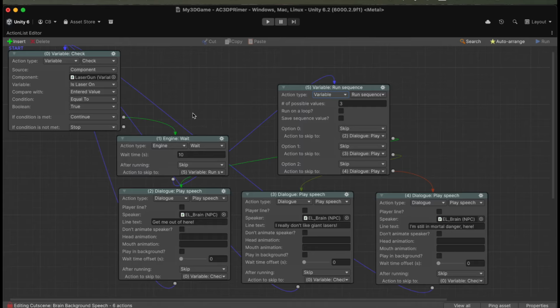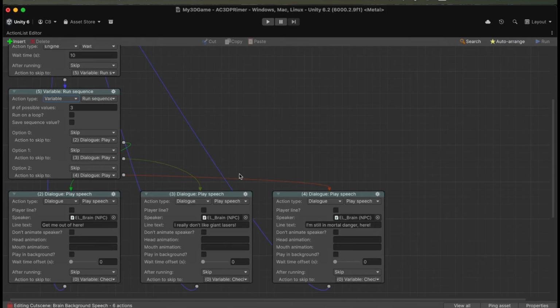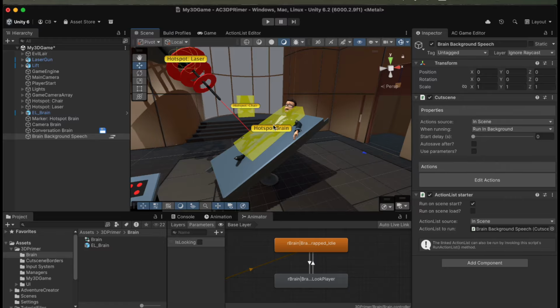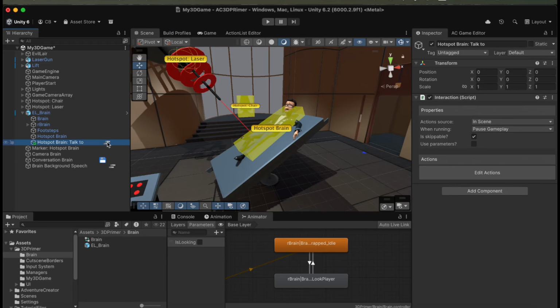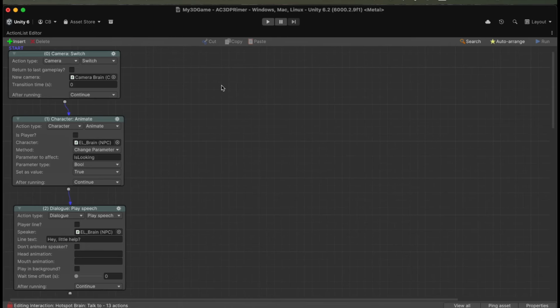If we want to help declutter our action lists, we can do that just by clicking the Auto Arrange button up at the top, and that just arranges things a little bit more neatly. We'll also want to make sure that this background speech doesn't occur while we're actually talking to Brain as part of his interaction. So if we go back to our hotspot and then finding the Talk to Action list,